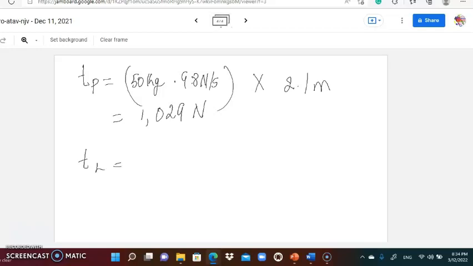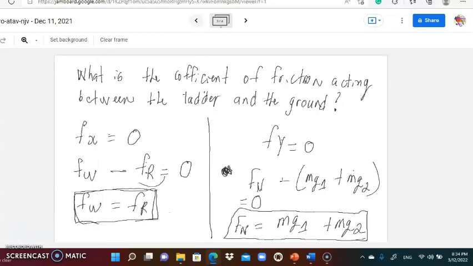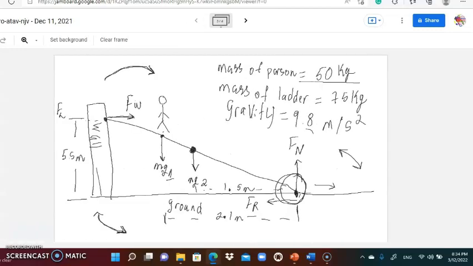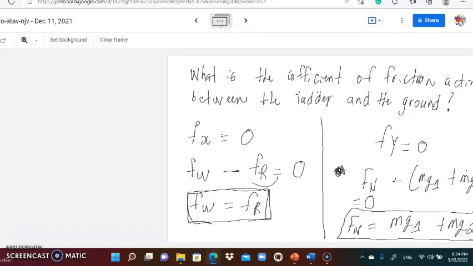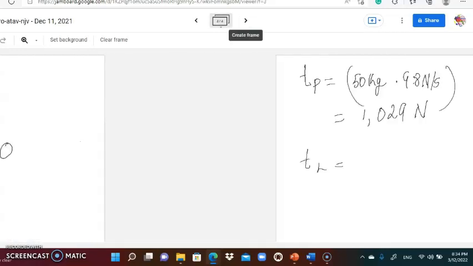All right, and we're going back to the diagram. So again, the torque force of the ladder is that momentum force acting some distance perpendicular from the axis of rotation here, which is that point where the ladder touches the ground. So that is going to be the weight that is being exerted from the center of mass of the ladder